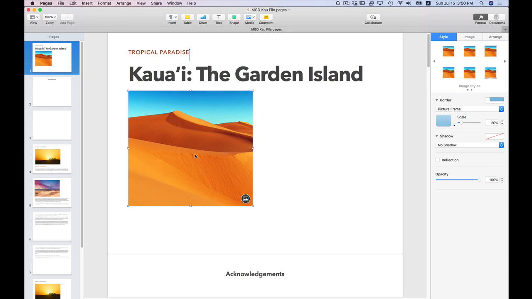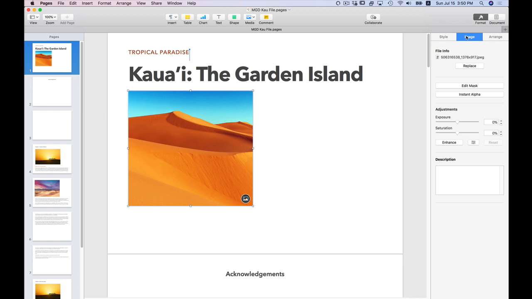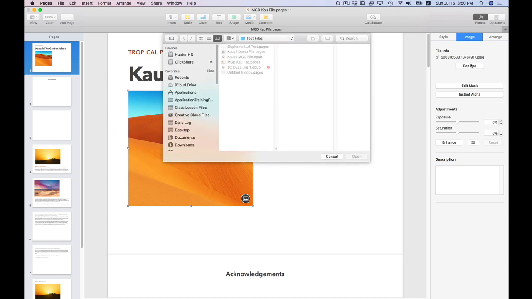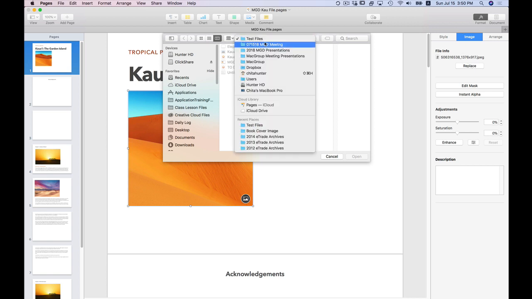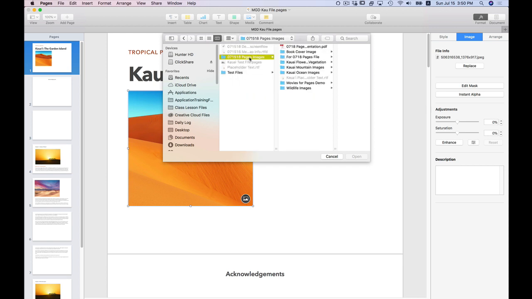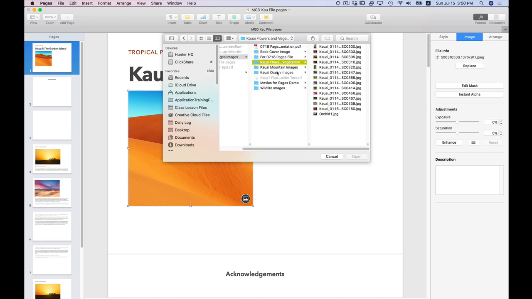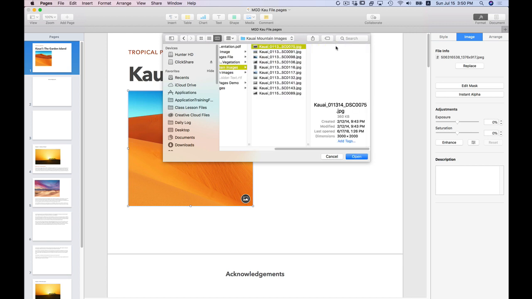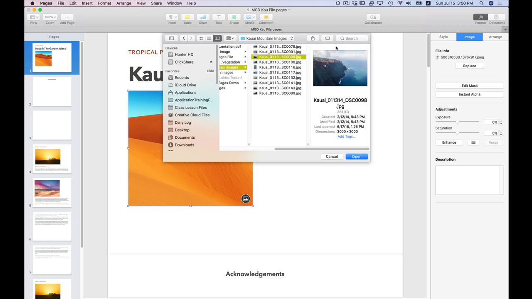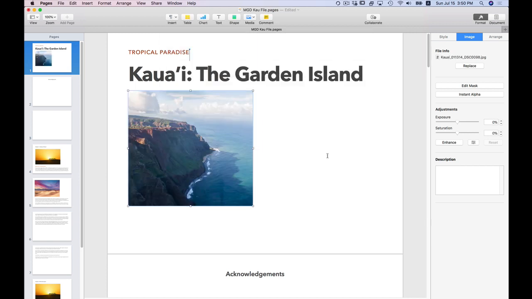There are several ways to replace the placeholder images. If you click on it, over on the right-hand side, I'm going to click on the Image tab, and there is a Replace button. Click on Replace. It opens up a window, and I navigate to the file that I want to add. So let's go here, let's go here. And 1, 2, 3. I want to add this one. So I can choose Open or double click. I'm going to double click or choose Open. Now,